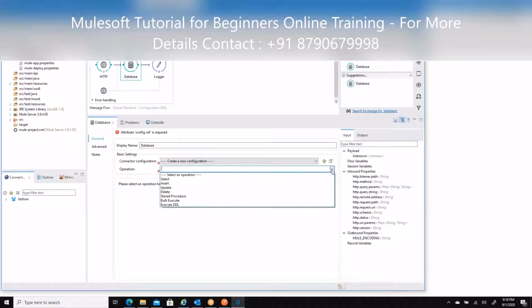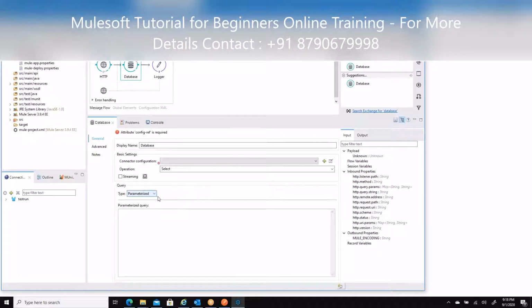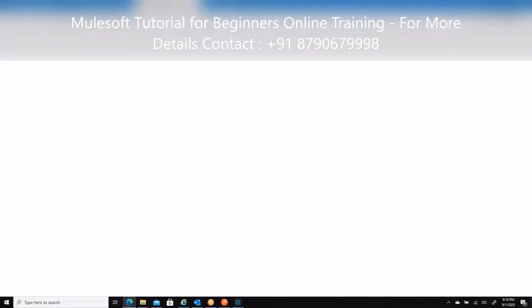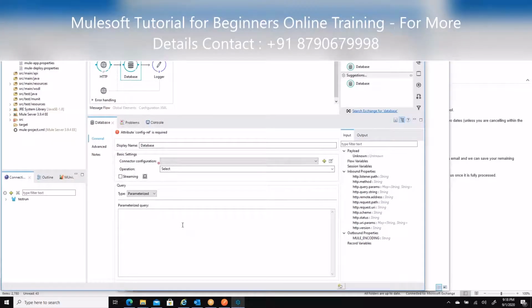Yeah. Whatever the database that we connected, we have operations: select, update, create, everything we have here. Oh, got it. Okay. Select. We can query here. If you select, here it will ask for the query. So what it will do is basically, when you do this, it will hit the database to do the query and it will give me an output. Is that what you're saying? Yes, yeah. It will give an output.